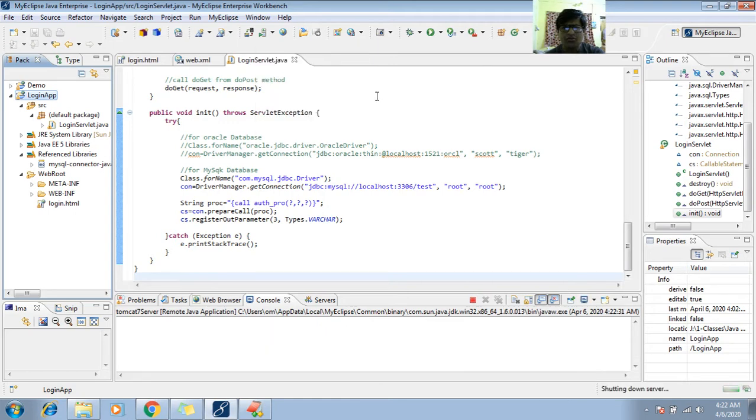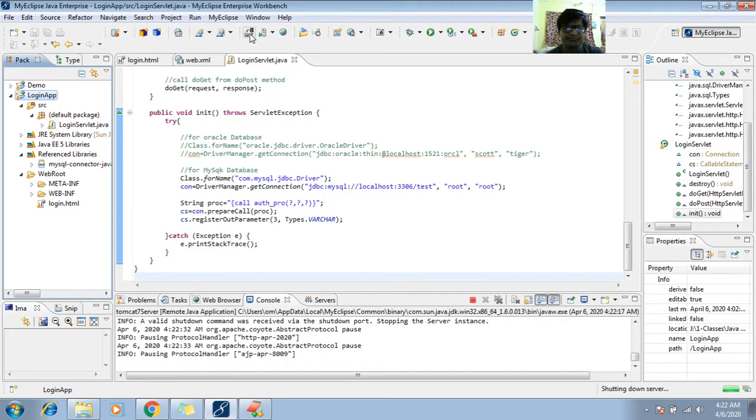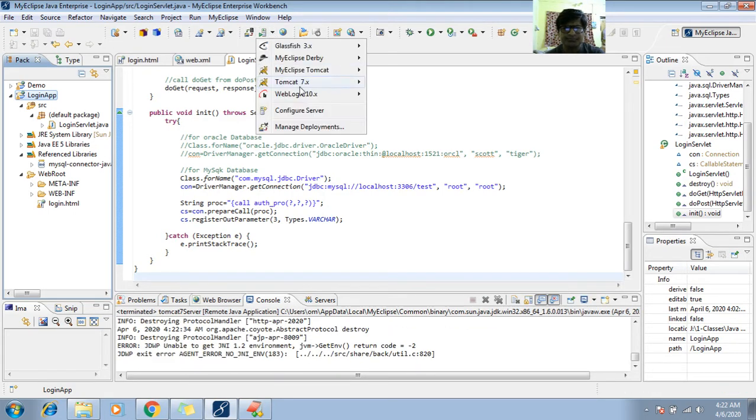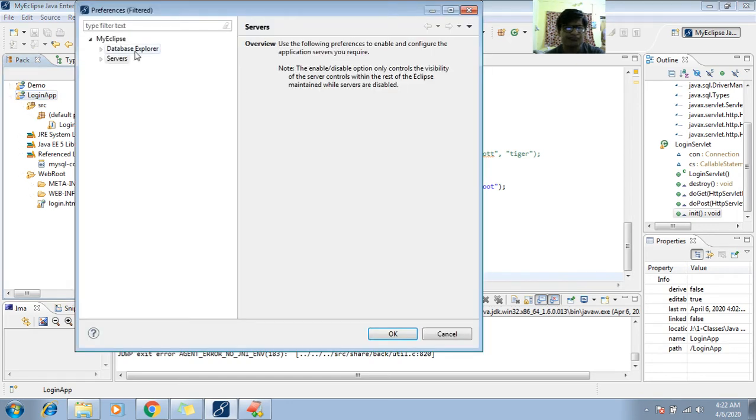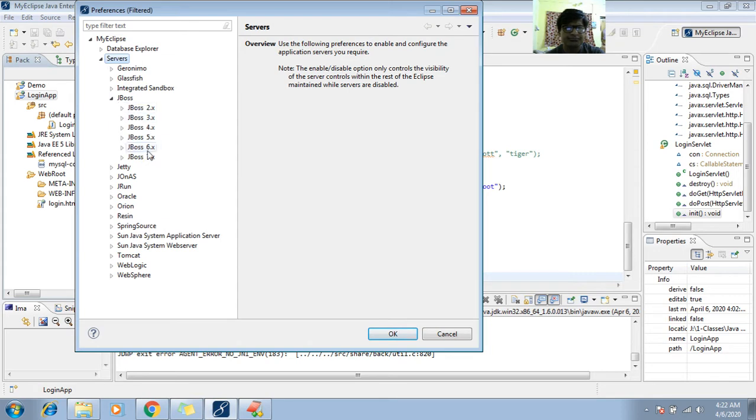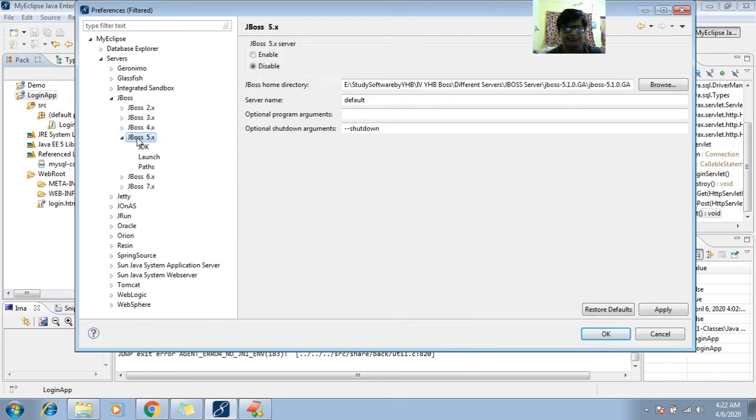By default loading to stop. It's disabled, so I forgot to enable.